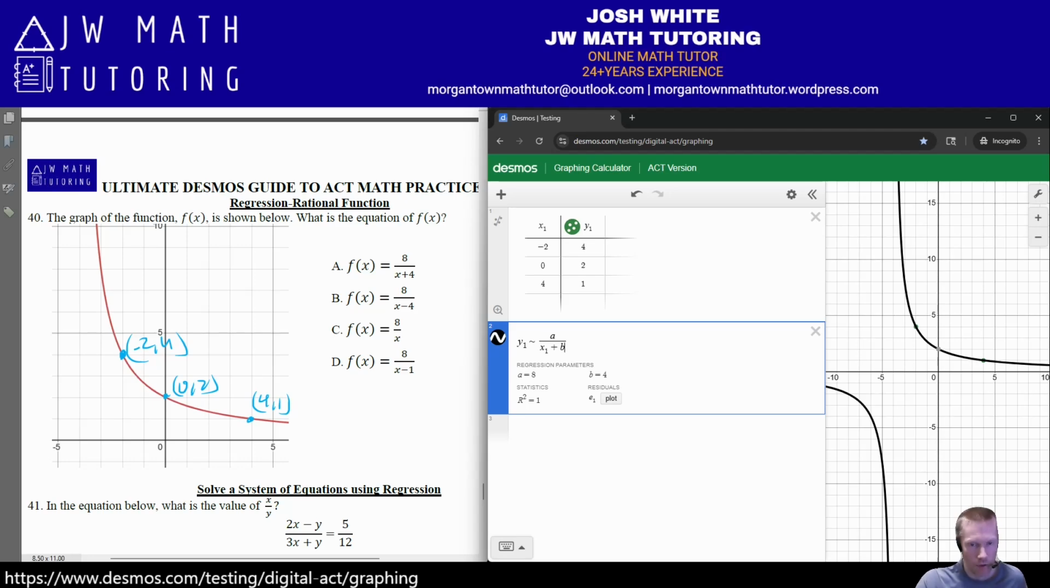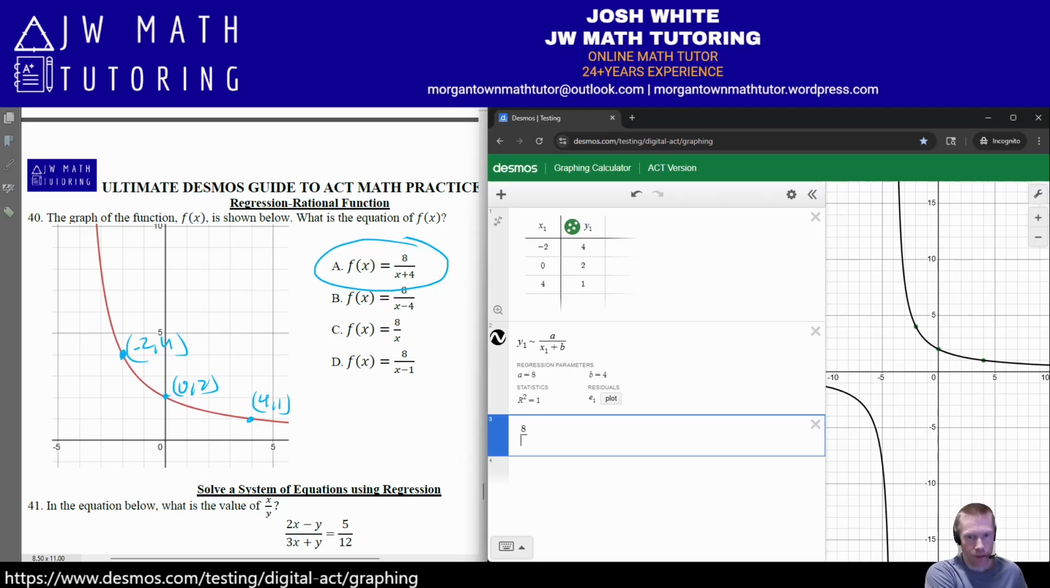So it's 8 on top. Well, they all have 8 on top. Okay, and on the bottom, it is x plus b. It's x plus 4. So it looks like the correct answer to this one is going to be letter A. And you could also just confirm this by just graphing this, 8 over x plus 4, and notice